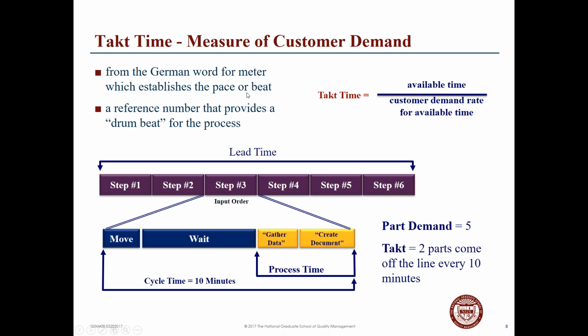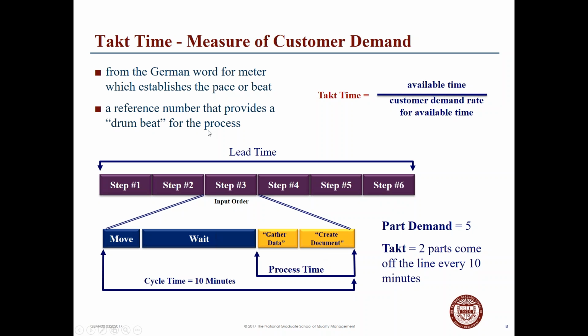Takt time is the measurement of customer demand. It comes from the German word for meter, which establishes the pace or beat of the process. So takt time is the customer's demand rate for available time. So you're dividing the customer's demand by available time to come up with the takt, which in this case, if